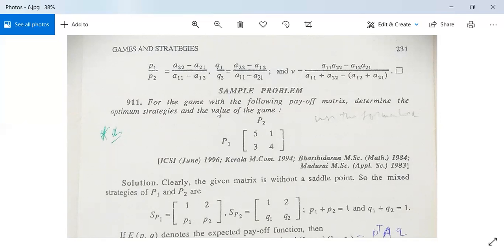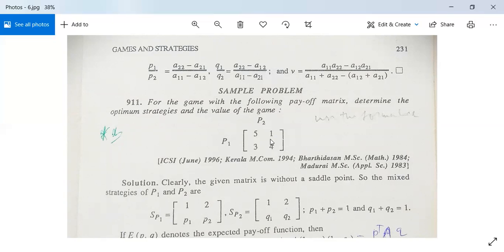अब एक एग्जांपल है उसी थ्योरम पे बेस्ड है। देखो, for the game with the following payoff matrix, determine the optimum strategies and the value of the game. ये P1 P2 है, दो प्लेयर के लिए उनका पे ऑफ मैट्रिक्स ये P1 के लिए दिया हुआ है, तो हम लोग फॉर्मूला यूज करेंगे। देखो, क्लियरली द गिवन मैट्रिक्स इज विदाउट ए सैडल पॉइंट, इसमें सैडल पॉइंट नहीं है। क्यों? क्योंकि यहाँ रो मिनिमा 1 मिल रहा है, रो मिनिमा यहाँ 3 मिल रहा है, यहाँ कॉलम मैक्सिमा 5, कॉलम मैक्सिमा 4, तो कोई भी कॉमन इसमें पोजीशन हमको नहीं मिल रही।